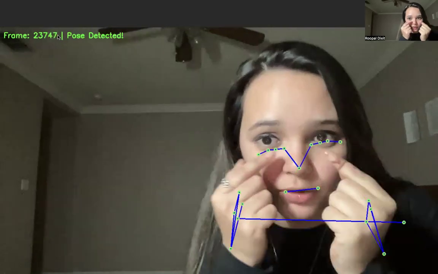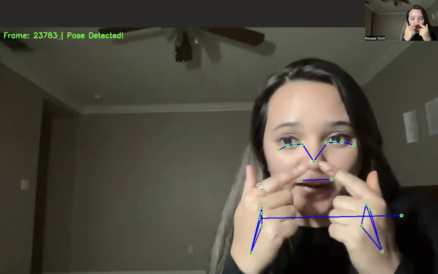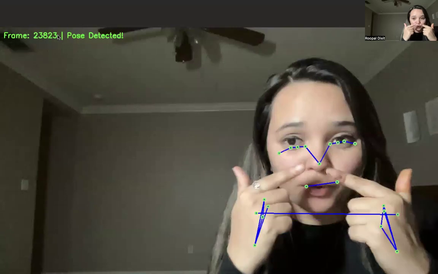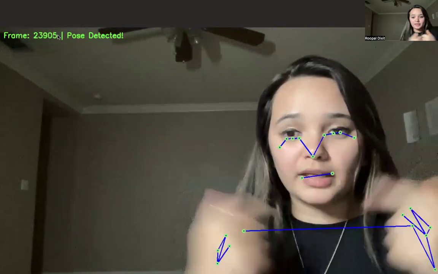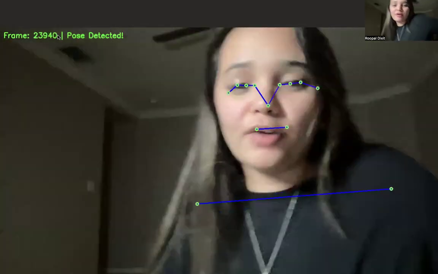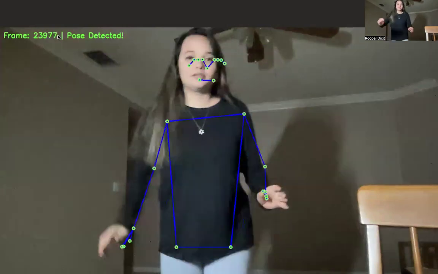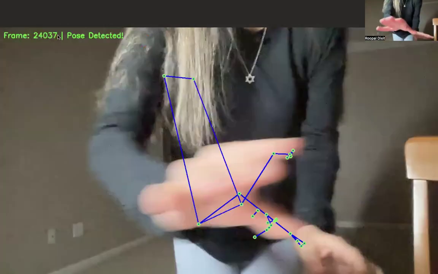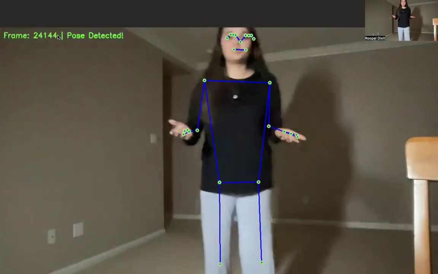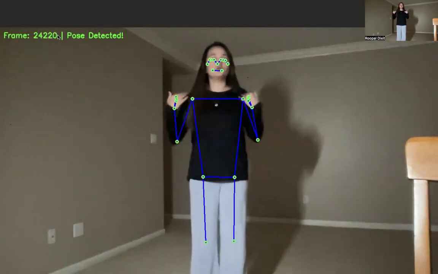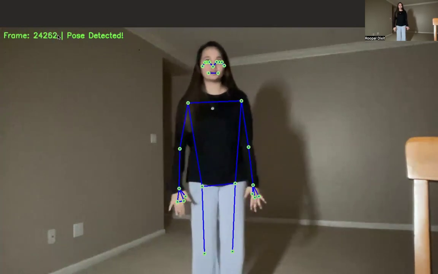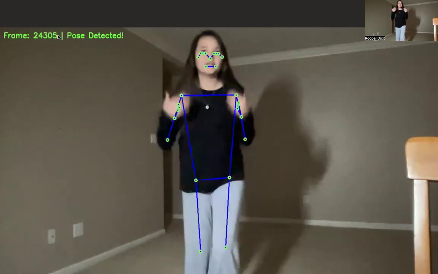You can see that the eyes have four coordinates, there is one for the nose, and they are connected through lines, like the features, especially the mouth and hands, and these are the shoulder coordinates. So if I stand up, okay, no pose detected because it is not able to detect that. As soon as it is able to, it detects the pose. You can see the waistline, the shoulders, and a skeleton-like structure down to my knees, and this is what it looks like.